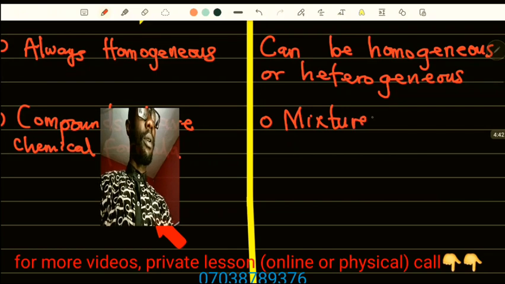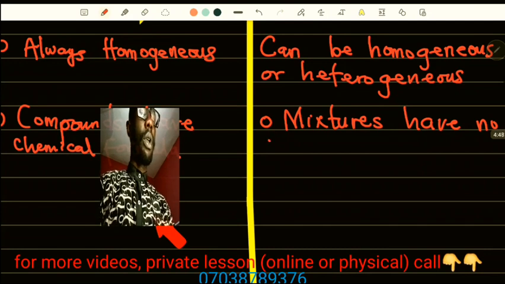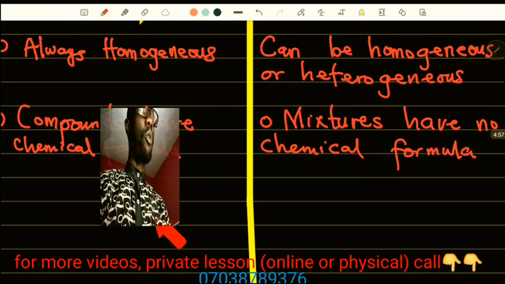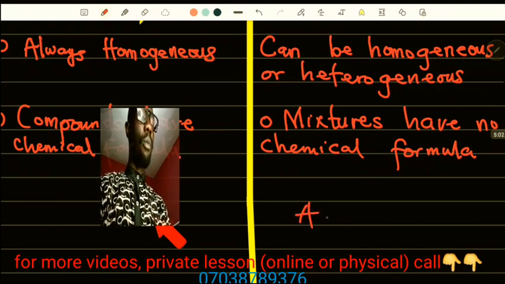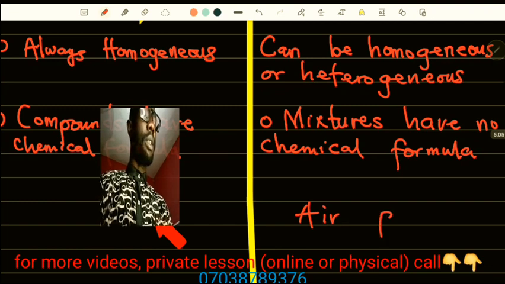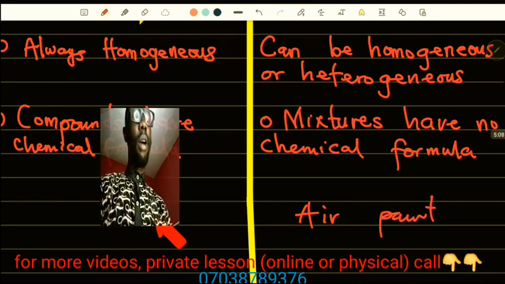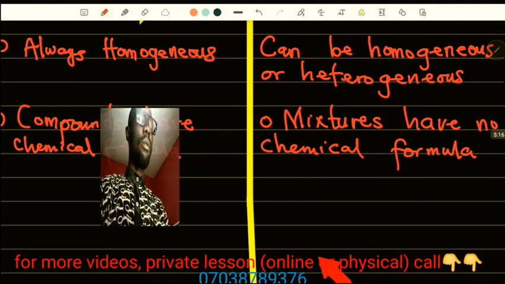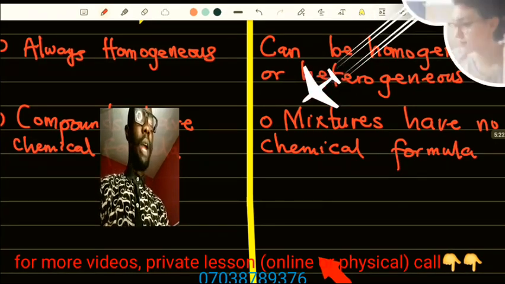So mixtures have no chemical formula, which means you cannot represent them with a chemical formula. Hair is an example of a mixture. It has no formula. Paint is an example of a mixture. It has no formula. So that's another difference between a compound and a mixture. We have many such differences between compound and mixture. Another difference